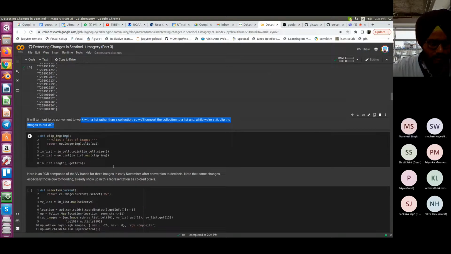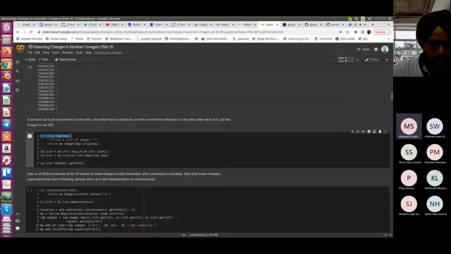So we can create a function clip image, and pass the argument as image, and just say ee.Image, you pass in the image, and dot clip AOI. So the image collection is a data structure of Google Earth Engine. We are transforming it to an image list. We use the function toList, and we have to pass the size, which is given by image collection dot size. And this im list,